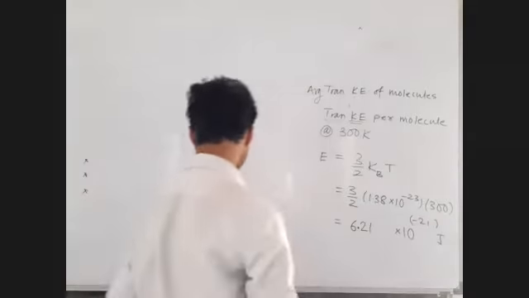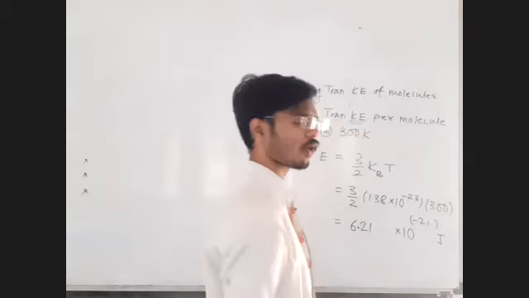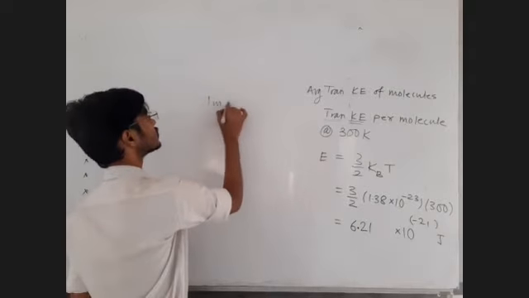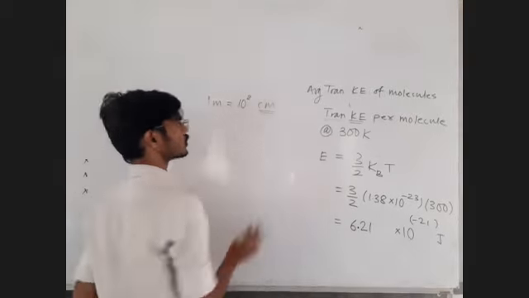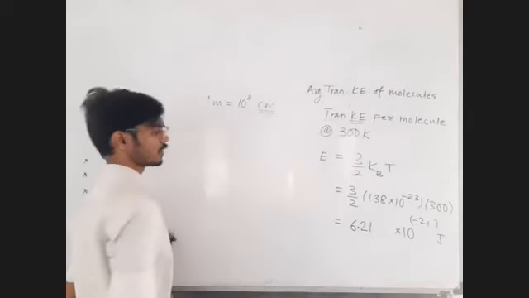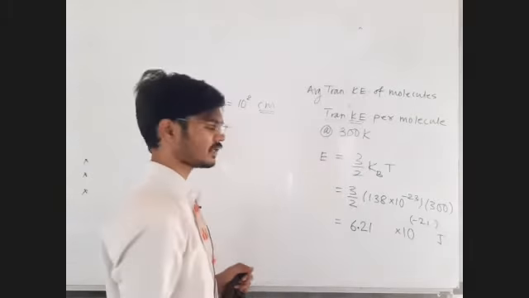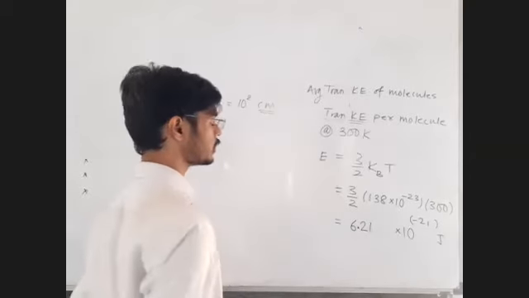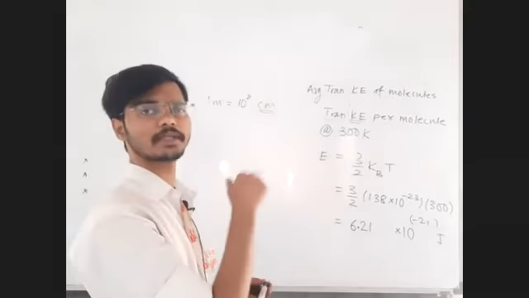Fine. Now, let us learn one more unit of energy, which is a smaller unit of energy. Just like we know 1 meter is equal to 100 or 10 raised to 2 centimeters. Centimeter is a smaller unit; 100 centimeters are to be collected together to form 1 meter. Now we know the conversion between calorie and joule. Calorie is a larger unit. 1 calorie is 4.18 joules, so joule is a smaller unit compared with the calorie.